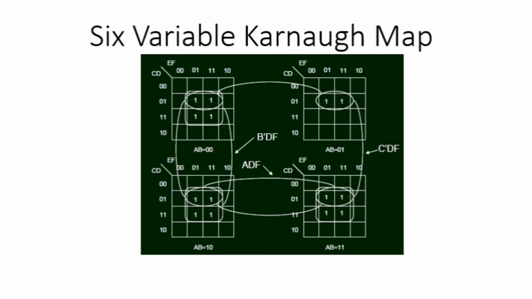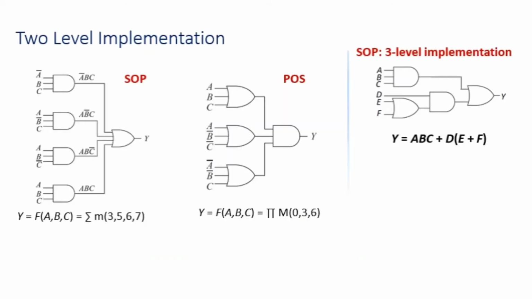Similarly, a 6 variable K-map is very hard to calculate because it will be comprising 4 separate K-maps. Okay. So in general, whenever we are having a 6 variable K-map, we generally prefer to go for another method which is known as the tabular method. Okay. So that we will be covering in the next lecture, but for the time being, this is what a 6 variable K-map structure looks like.